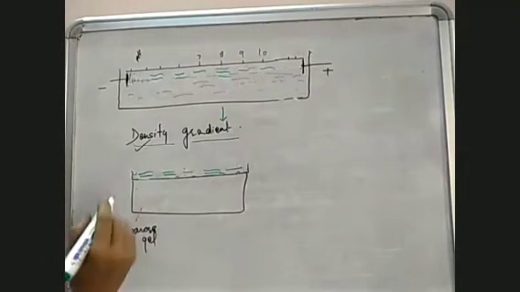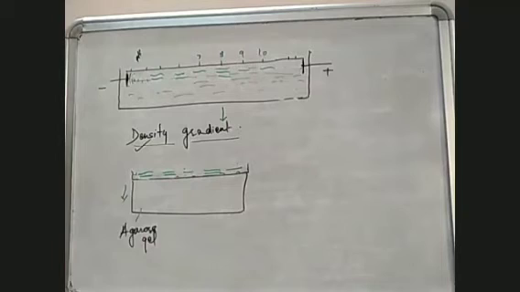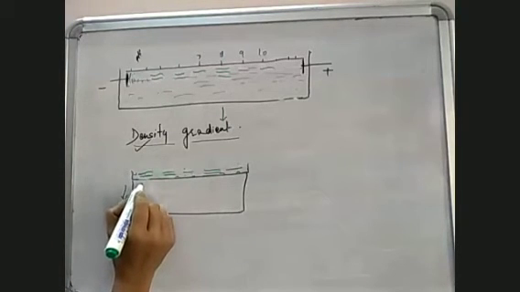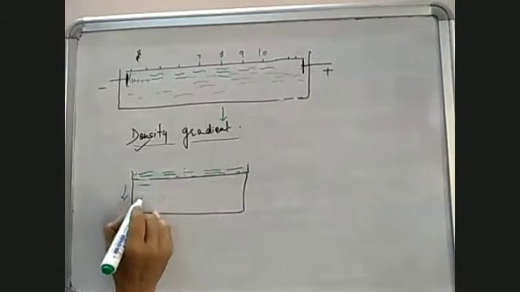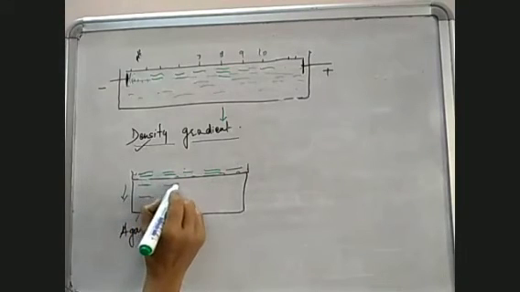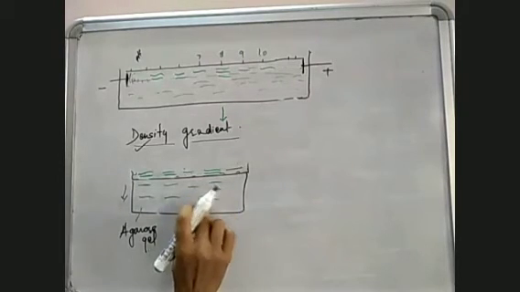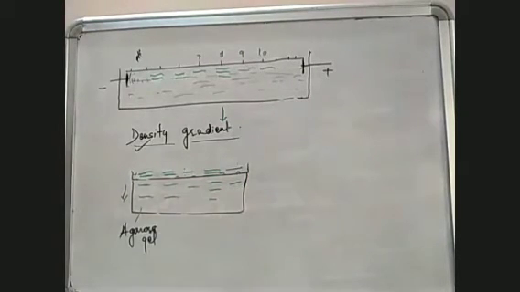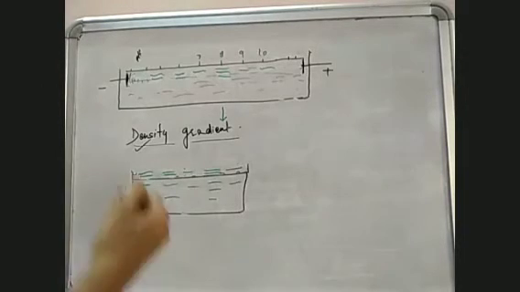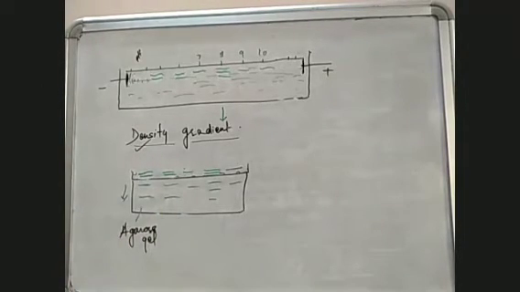Now on the basis of density gradient, they will start moving down. So they will separate on the basis of their size like this. This will also separate, and this also on the basis of their size will separate. So this is the second separation, which is vertical. So what do we get? We get different sizes of DNA, which are separated and arranged properly according to their size. Now, how is this removed?